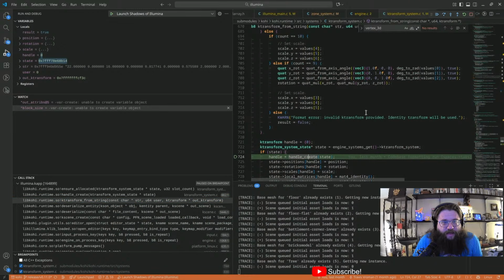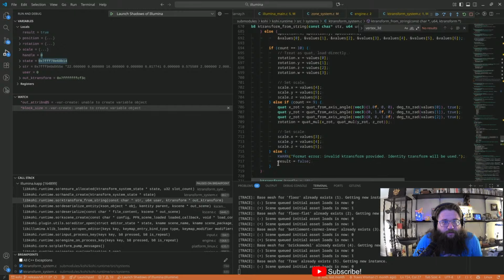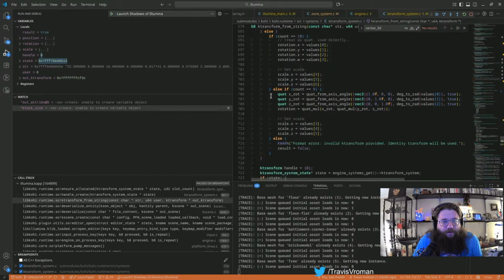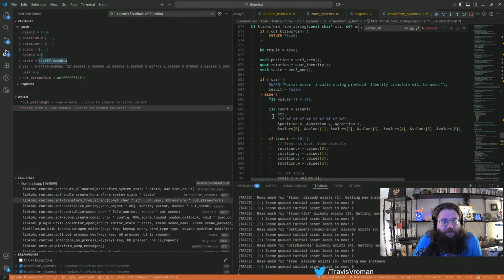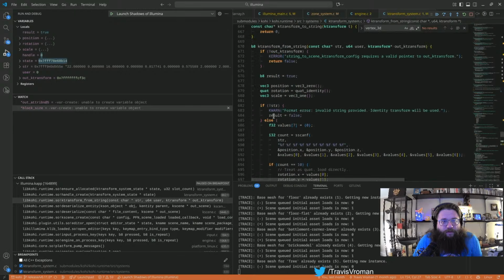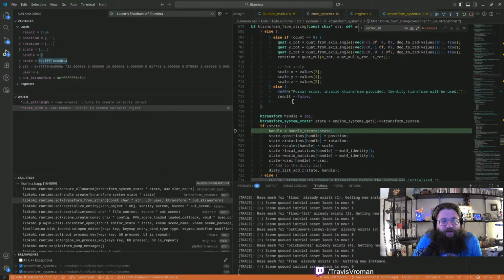So handle creates K transform from string. Okay, so why are we skipping? Okay, here's our format string. Here's where we read all this stuff in.